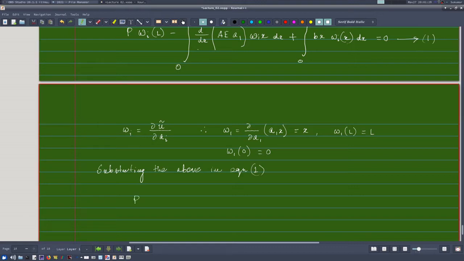I am getting P into w1(L). w1(L) is L, so PL minus the integration from 0 to L of AE times a1 into w1, and w1 here is x only, therefore w1 is my x, and therefore a1 into